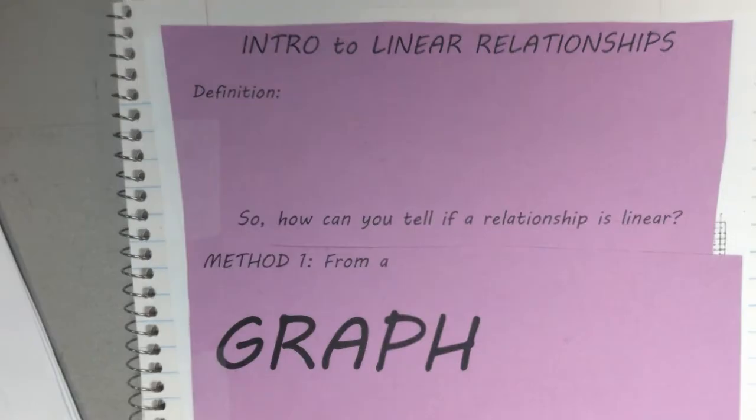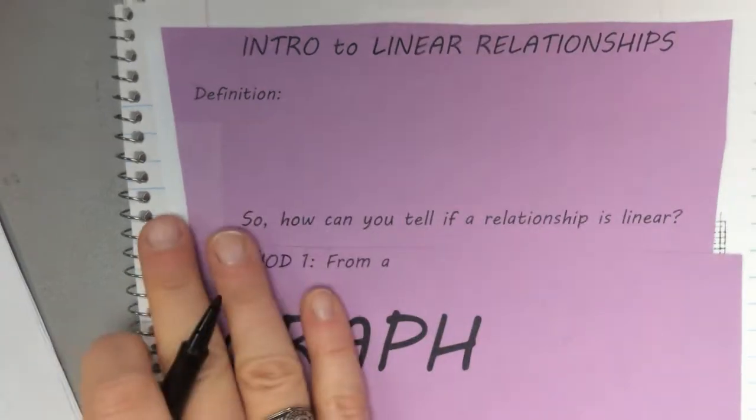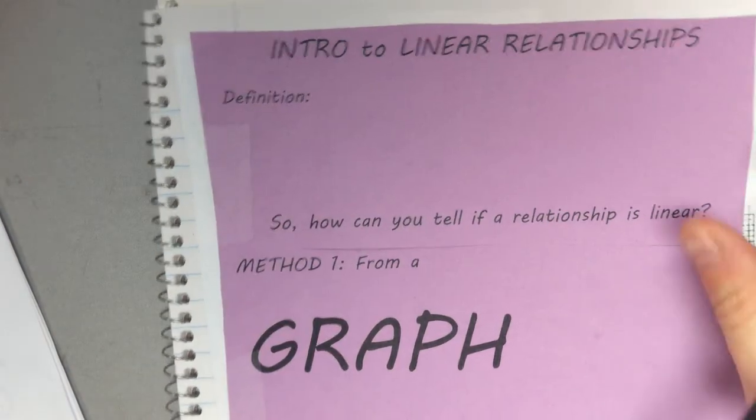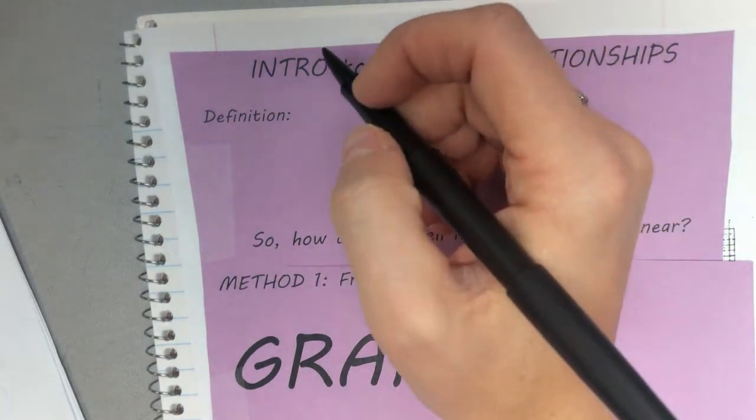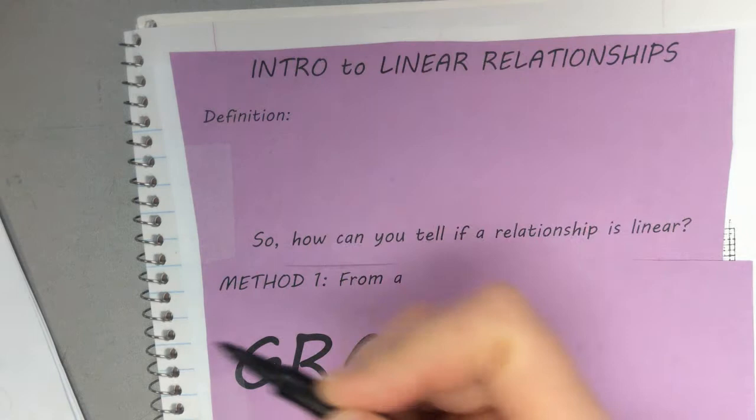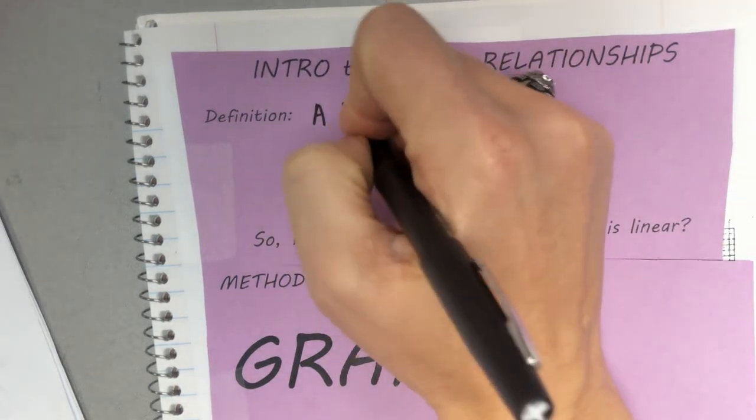This is important though, I'm not kidding about that. You'll see this forever. So let's talk about a linear relationship. You're going to see that in the definition there are some links to what we did yesterday on constant rate of change. So a linear relationship